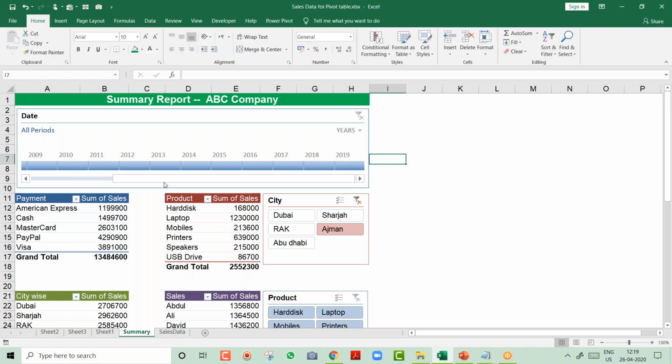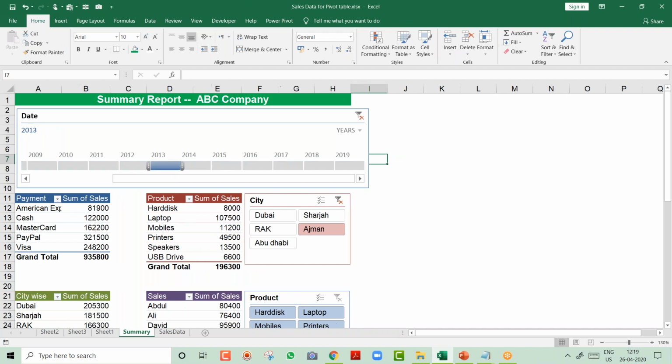So now you see, friends, I click on 2013, all your data is changing. 14, 15, 16, 17, 18, 19. Wow, this is amazing. Got it? Hey, if you wanted to see 15 and 16 together, don't worry. You just come on this screen and just drag it. And over here, you get 2 years sales. This is really amazing. If you want to bring everything together, friends, you click on this option, clear filter, and all the filters are cleared.